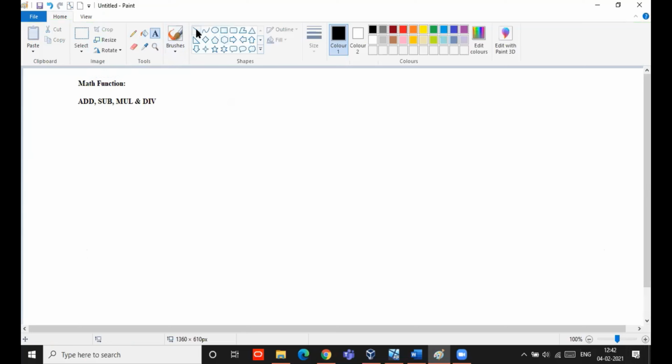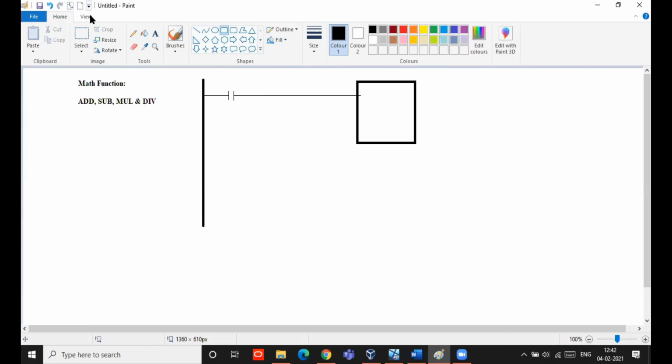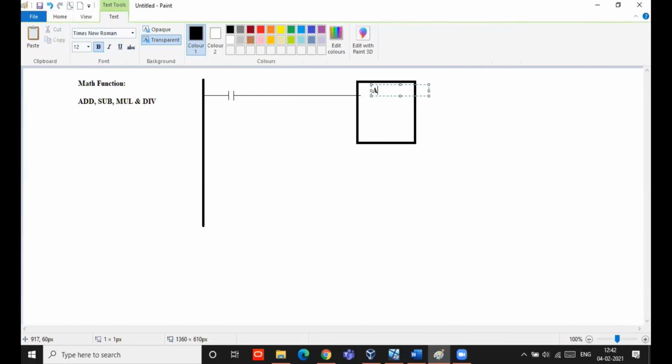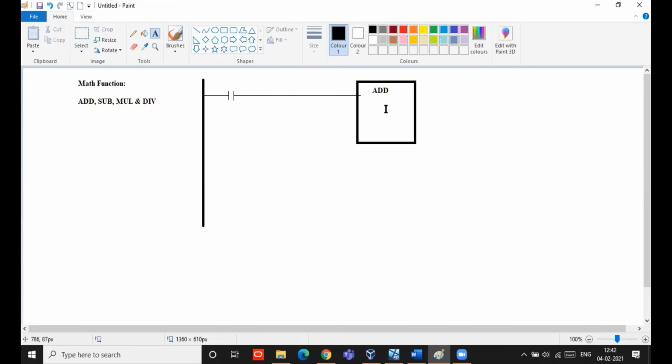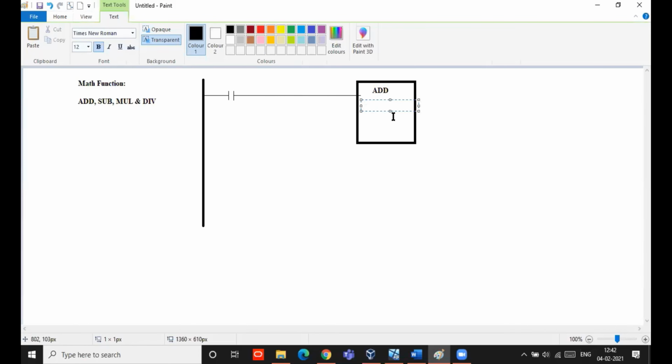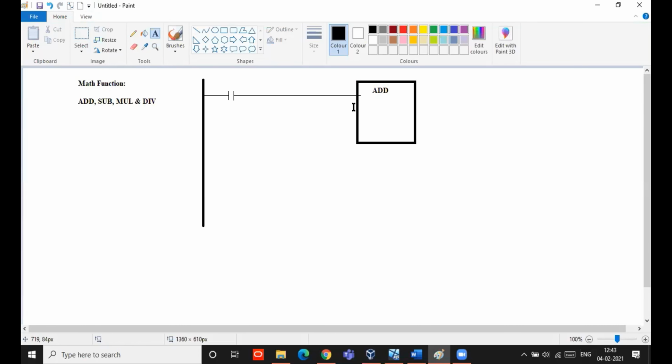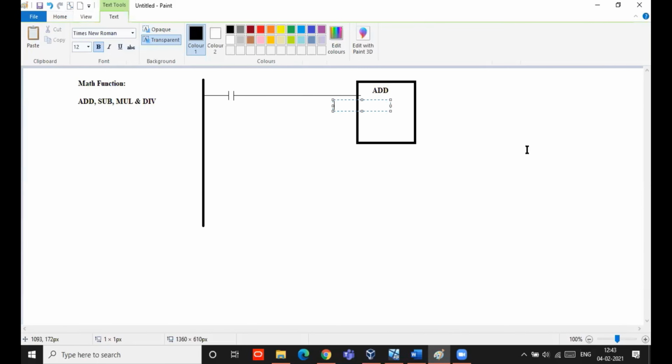How this will function is, if I give one input, only when the input is on, it will do the addition operation or any operation. So the addition block means ADD. It has to add two values and store them in the result.